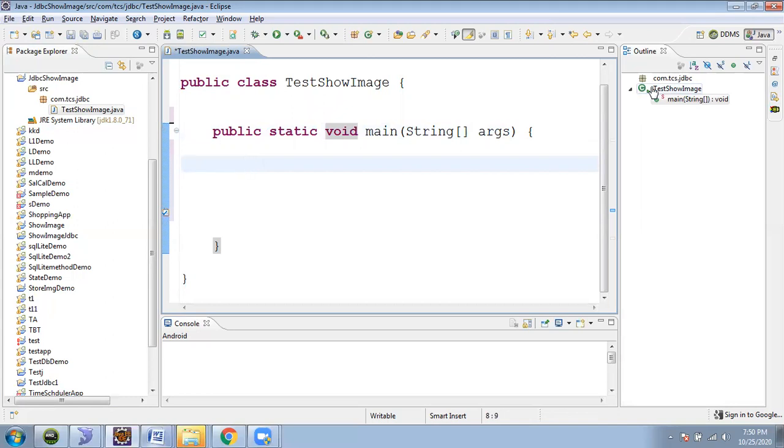I told you earlier in my previous lecture how to register the driver. Java is a front end language, right? So whatever I'm writing here will work for the front end. What I'm doing is I'm just using JDBC APIs like java.sql, which is used to connect the front end to the back end. It is a bridge between the front end and back end. This is the API which works to make the communication possible between the front end and back end. I hope you understood, right?